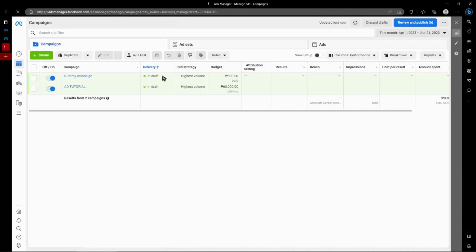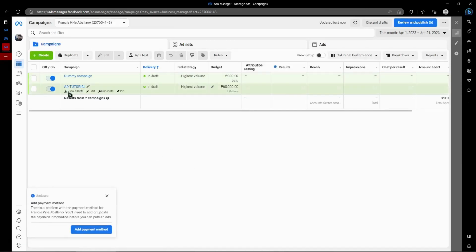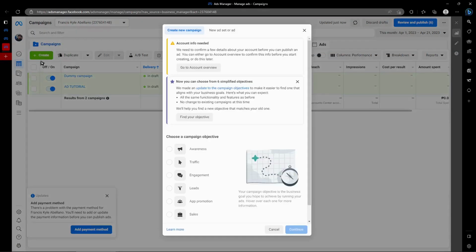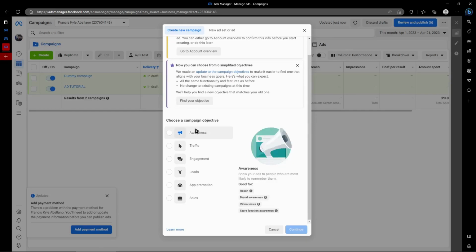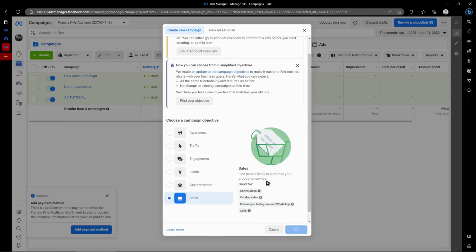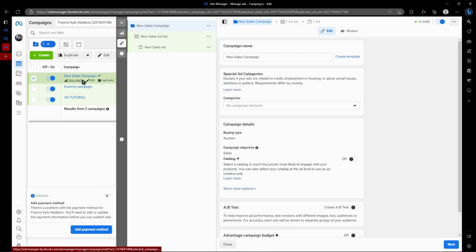And now once you're done right here, as you can see, I have my campaigns right here, but now let's go create one so I can show you guys. Let's go here on create right here. Now it would let us choose what campaign objective we would like, and let's say we are an e-commerce business, so we want to focus more on sales with our campaign. So let's go continue, and then as you can see, it has been created right here, but now it is